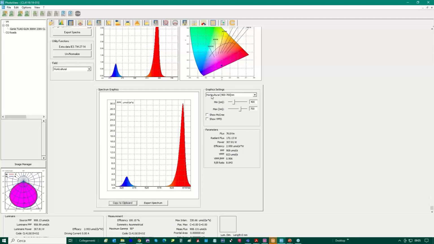In this case, the program automatically sets the spectrum analysis between 400 up to 700 nanometers. But as you can see, we can change. We can fix the range we want. So we go back to horticultural. Down here, we may show the McCree diagram. We may show the yield